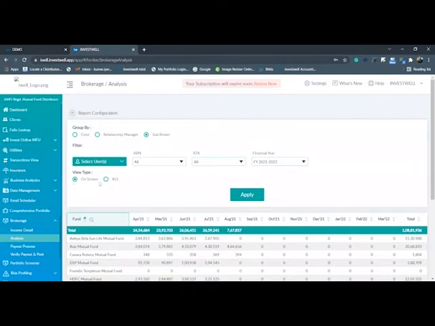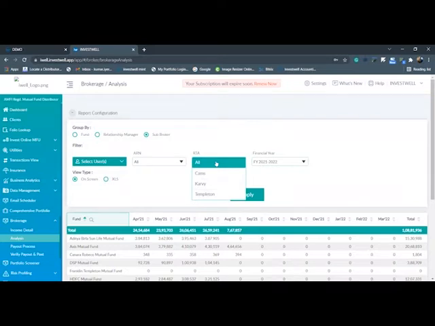Again, for your reference, you can download all this information into Excel. You can choose the financial year here. And we have given two filters here. If you have multiple ARNs, you can track the brokerage analysis report ARN-specific. Also, you can track your brokerage at RTA-specific level as well, like under CAMS or Karvy or Templeton. Templeton has been merged under CAMS now, so only CAMS and Karvy is there. So you can directly see RTA-level brokerage earning for a specific period as well, which will help you to analyze your brokerage.